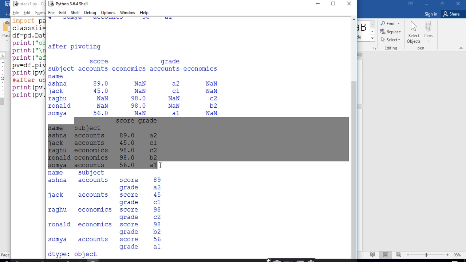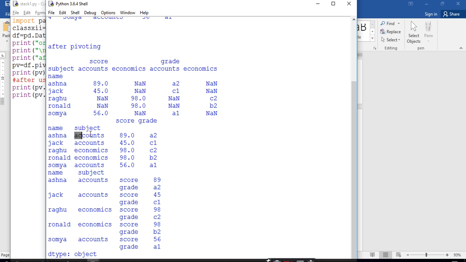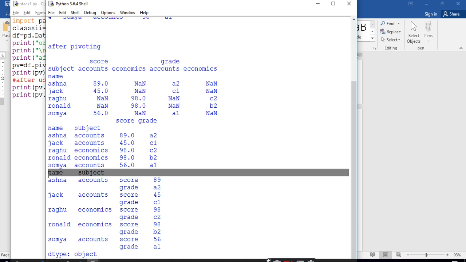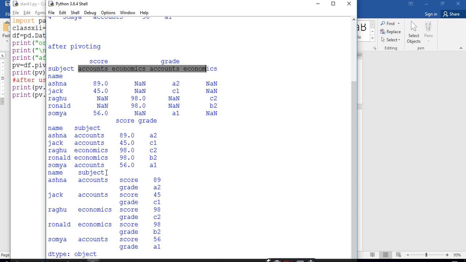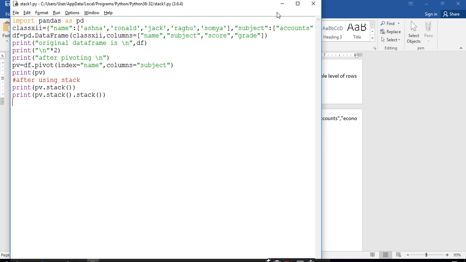In this pivot table you use only a single stack function, so the innermost column is converted, but in the second you use the stack function two times. It means the first stack function is for the innermost, and with the second function grade and score are converted into the rows. So this is the example of the stack function for pivoting.